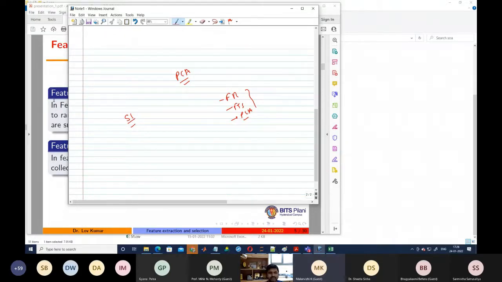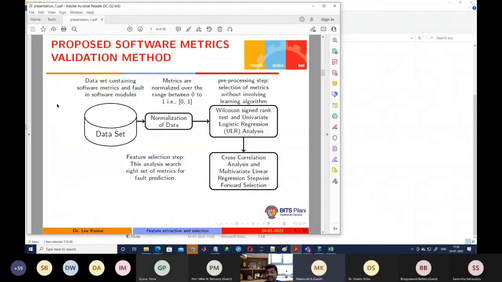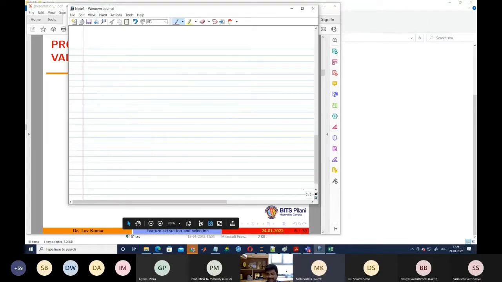Okay. So now the first one, we are going for the feature ranking technique. But before going to the feature ranking technique, we are also using one type of hypothesis testing. Due to the time limit, I am not going into more detail regarding hypothesis testing, but I am giving the basic idea about it and how to select the features by using some hypothesis testing.